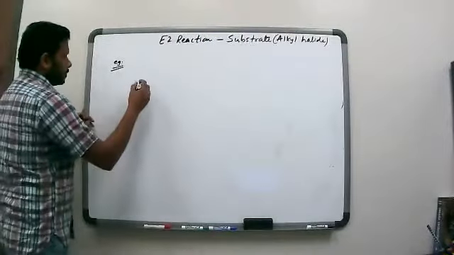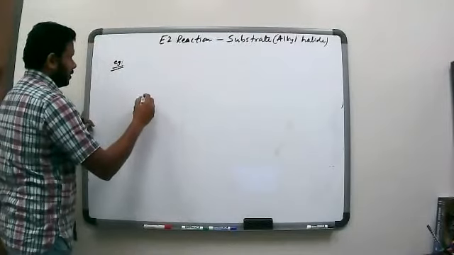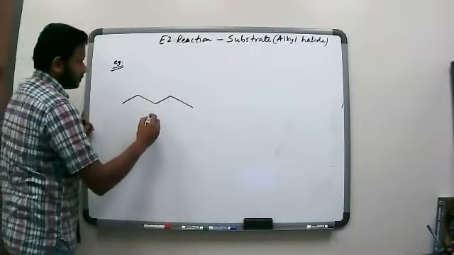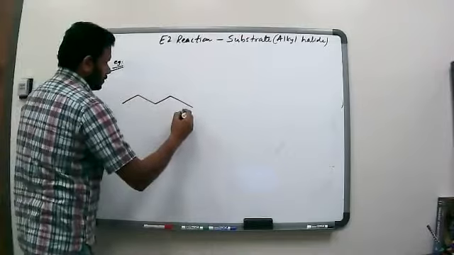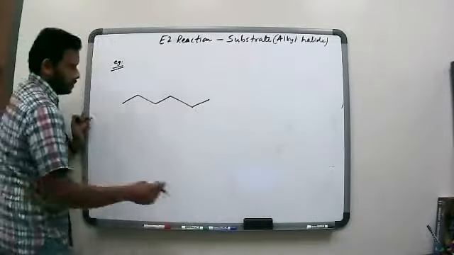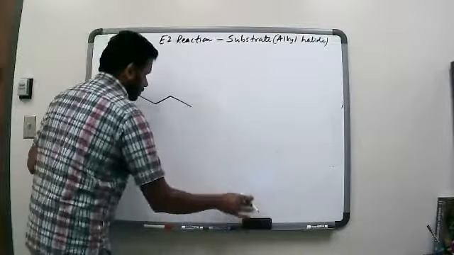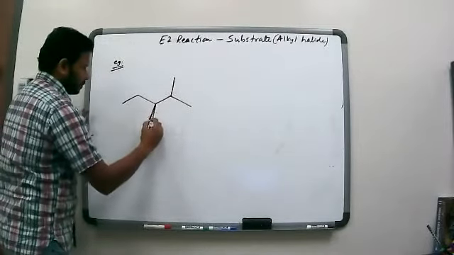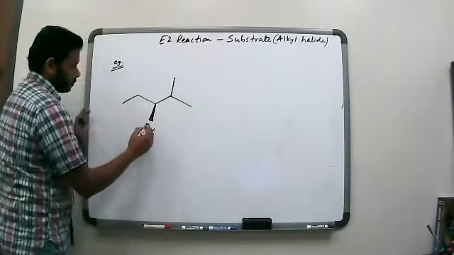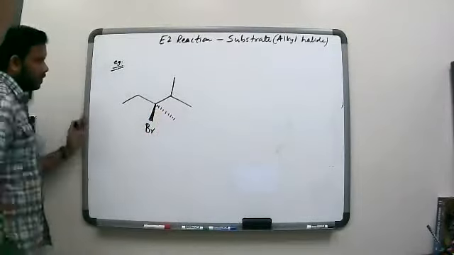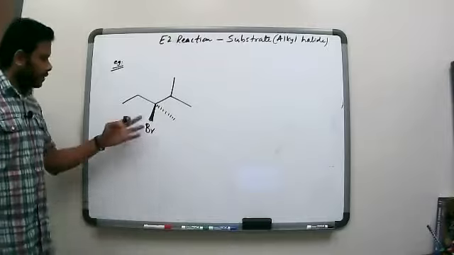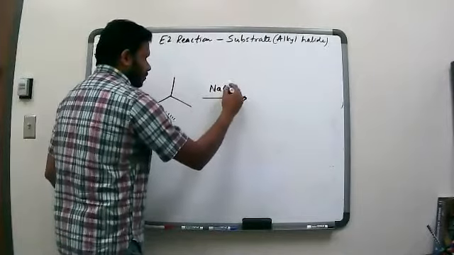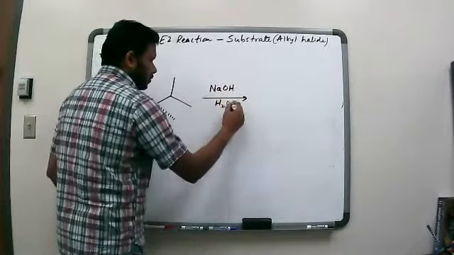Okay, so let's say we have an example. We have an alkyl halide, let's say that's our alkyl halide. So now this is a tertiary alkyl halide, and we're going to react this with sodium hydroxide in water with